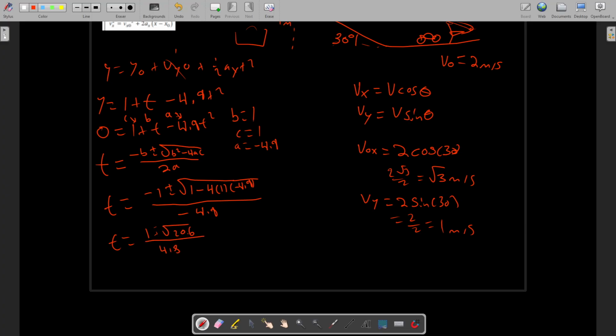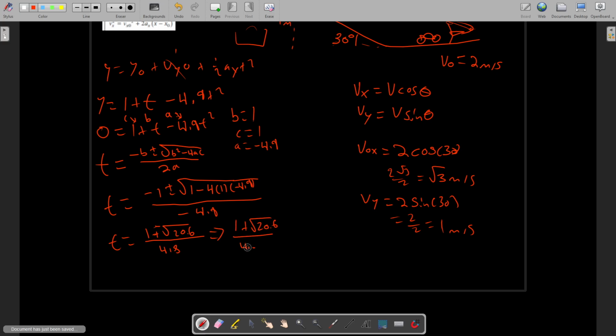Now, t is always going to be positive, and if we do 1 minus the square root of 20.6, that's going to be less than 1, because the square root of 20.6 is greater than 1. So we can't have that, because then t would be negative. So we can ignore the negative, and we can say this goes to 1 plus the square root of 20.6